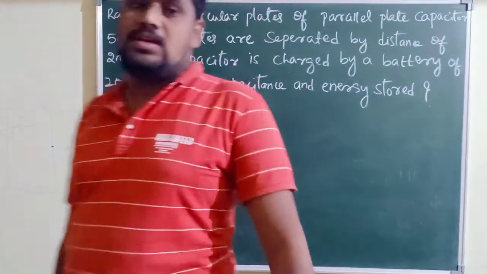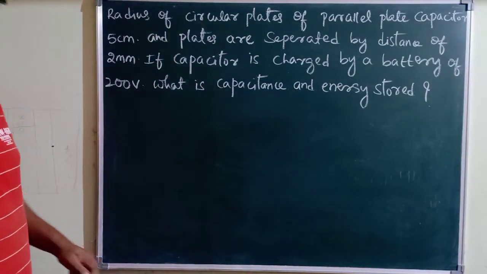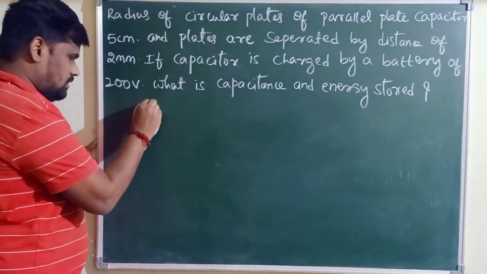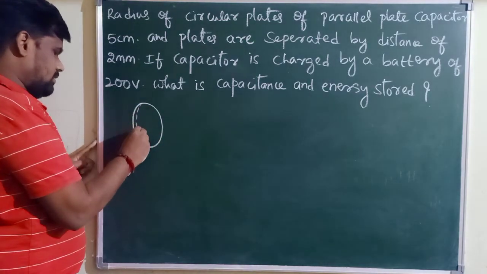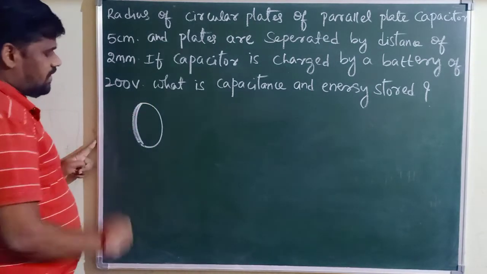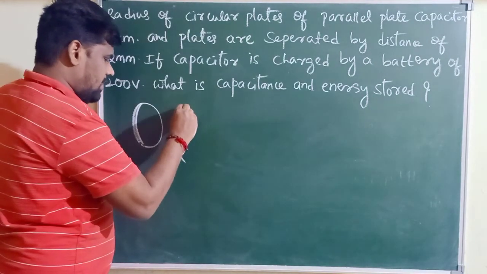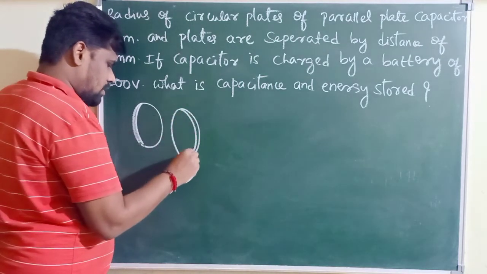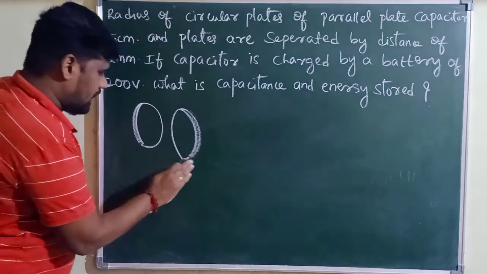The difference is here, whatever the plates of the capacitor we have, those are circular plates. So this may be the first circular plate of a capacitor, and this is the second circular plate of a capacitor. So these two plates,